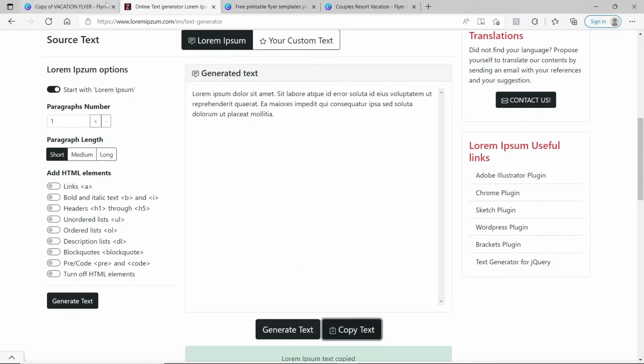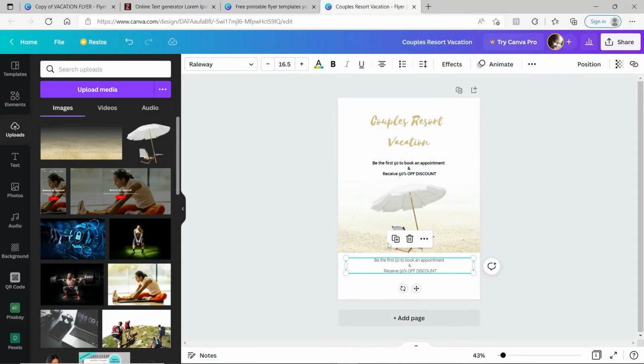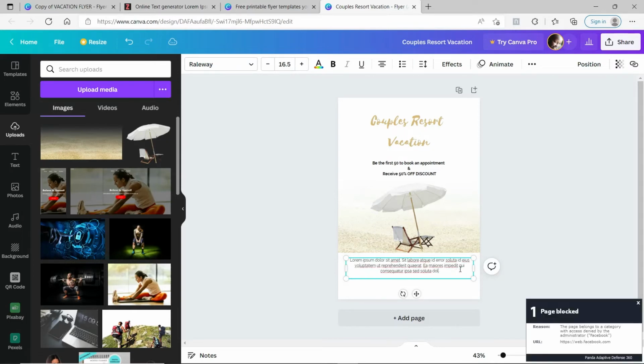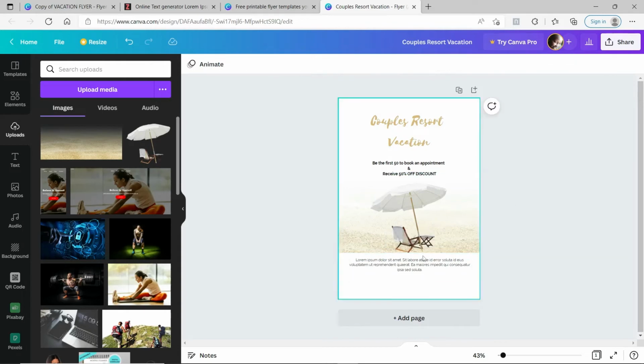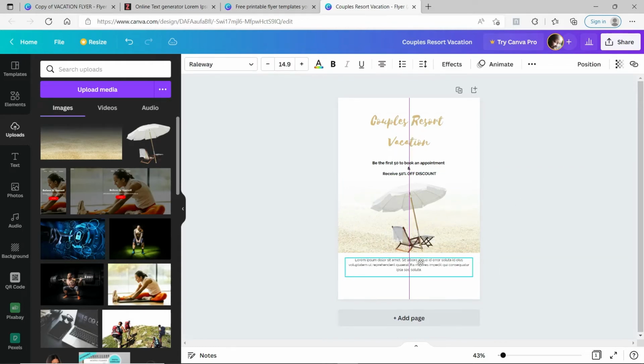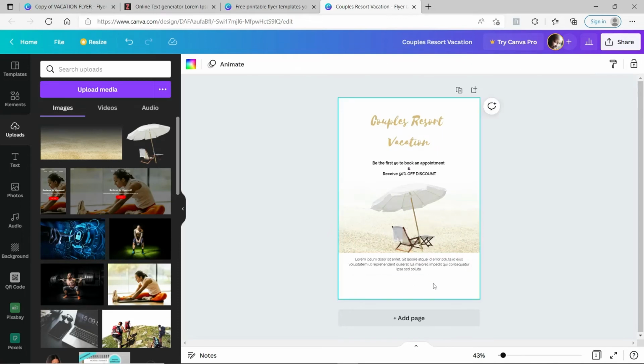Copy this text, remove everything and then replace it like this. I'm just going to make it a bit smaller. Yeah, this should be fine. Then I'm also going to be changing the font for this, and I'm going to make it a 14.9. The next step right now is to make sure that you also align this in the middle. Then the next step from here is I want to add the icons right down here below,